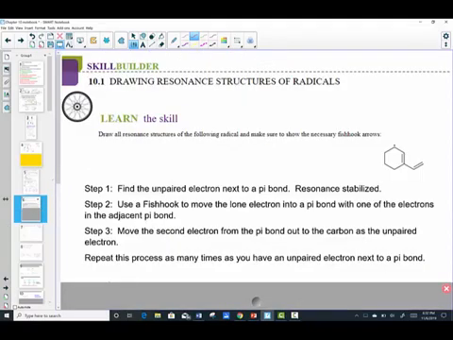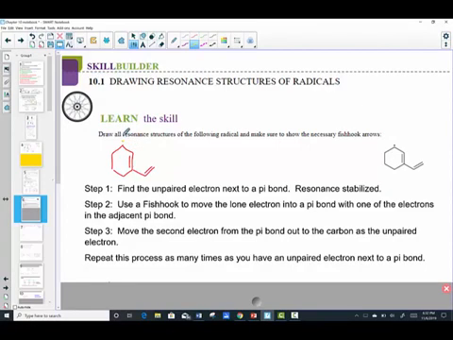Well, let's practice that, going through step by step, the skill of drawing all possible resonance structures given any type of situation. So redraw this with me on your paper. We have a cyclohexene, a lone electron at the top carbon, and an alkene branch coming off. It looks like this. Again, step one is to find any scenario where you see a lone electron